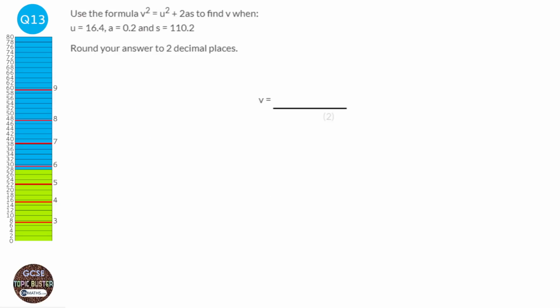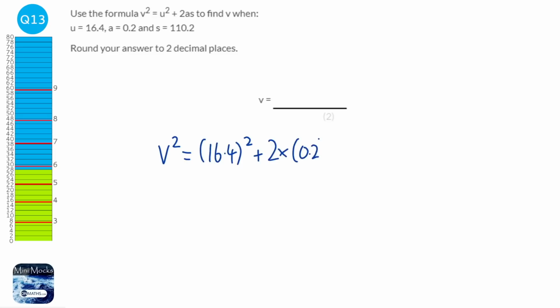So we're just going to substitute the values that were given into the formula. So v squared equals, and then u is 16.4 squared plus 2 times a, which is 0.2, times s, which is 110.2. Type that into the calculator and you get